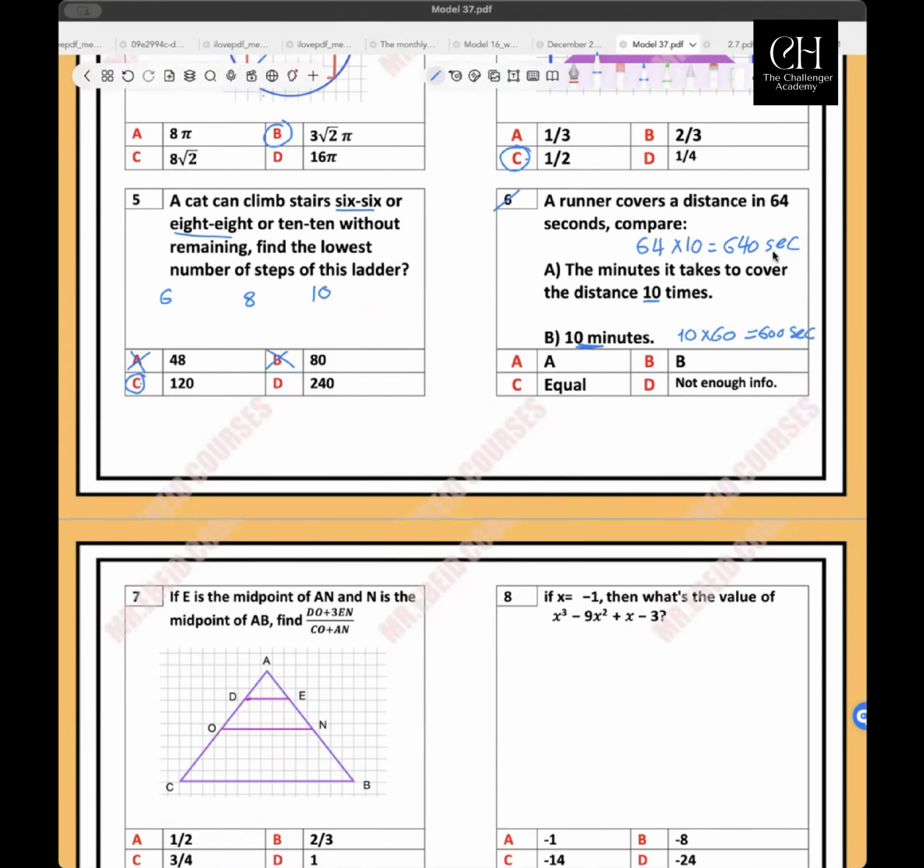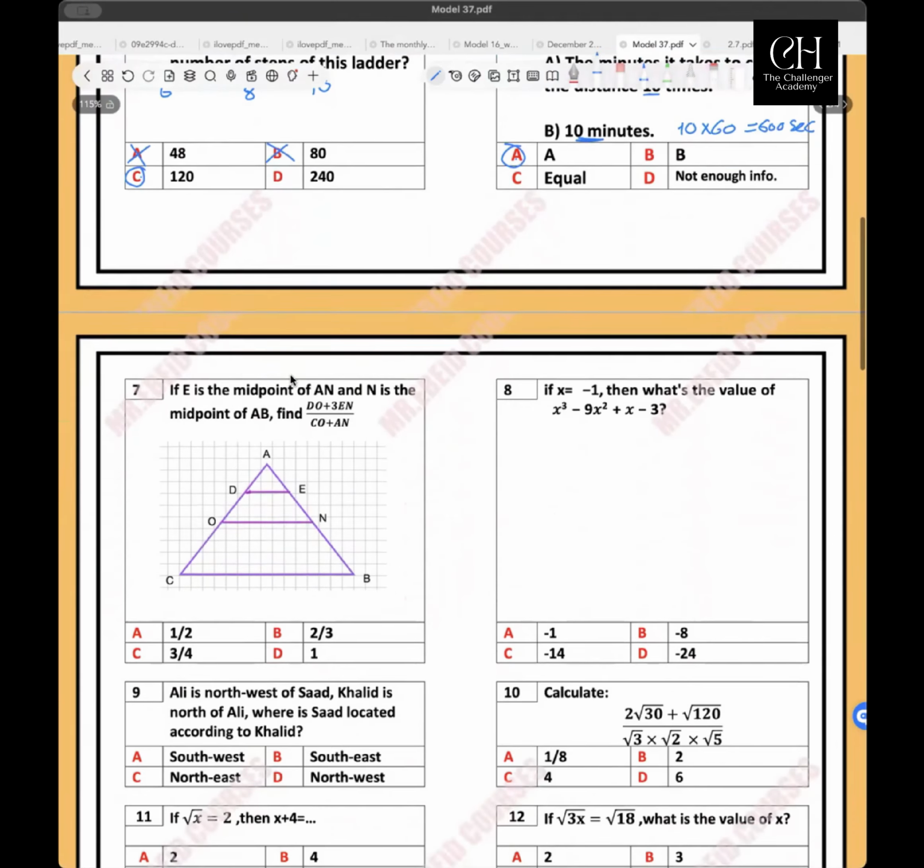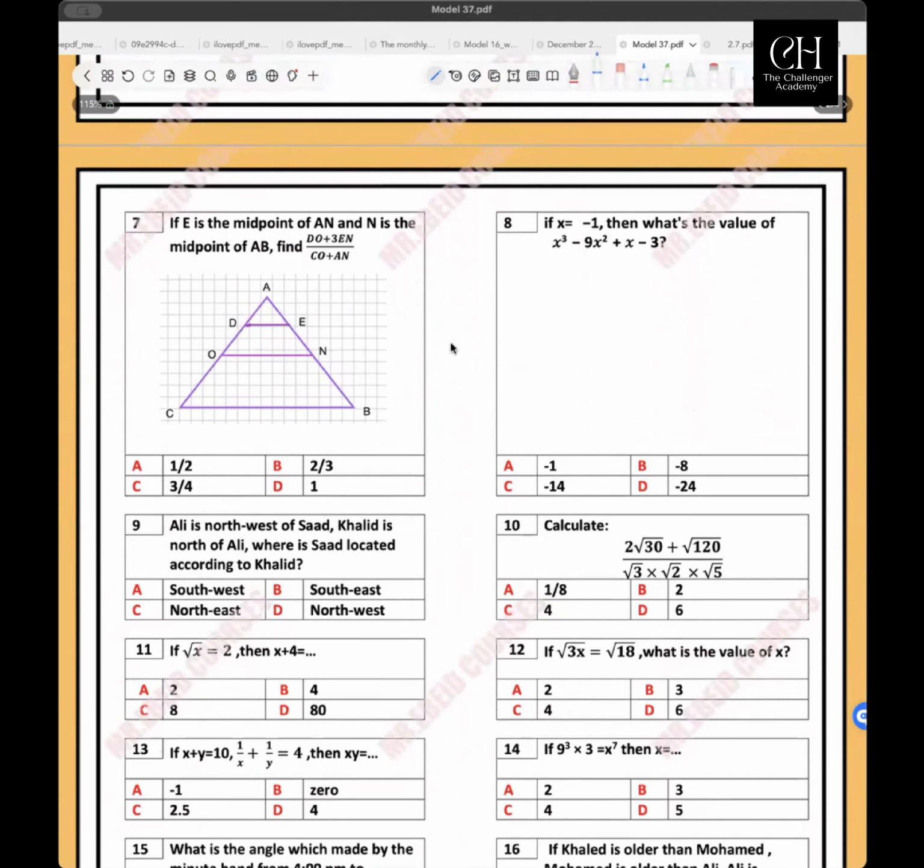So it will be easier to change both into seconds. It means A is greater. Let's move to question 7. If E is the midpoint of AN and N is the midpoint of AB, find DO plus 3EN over CO